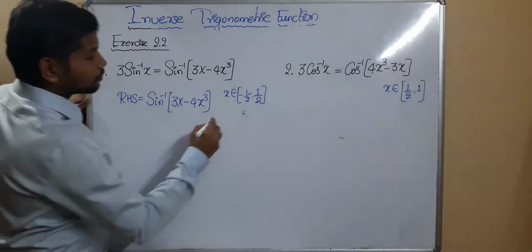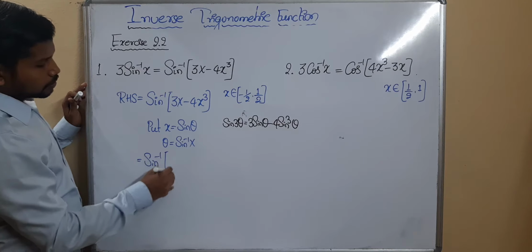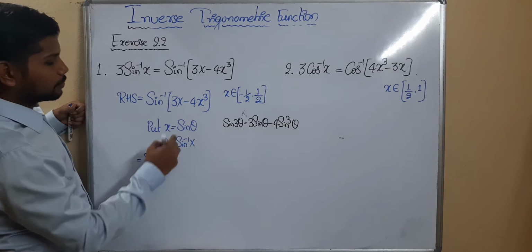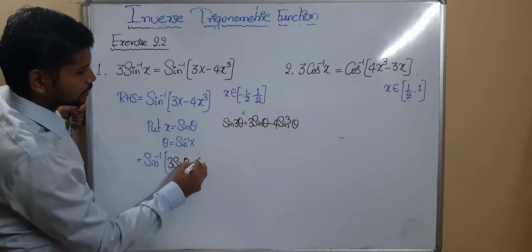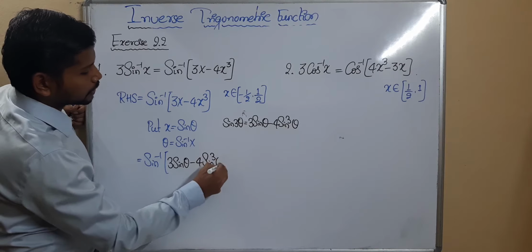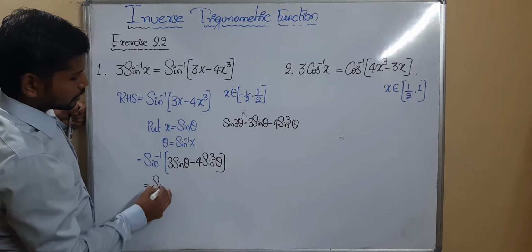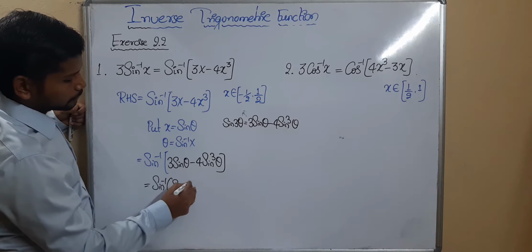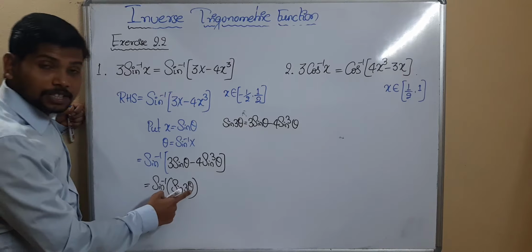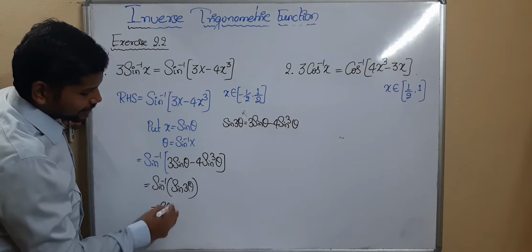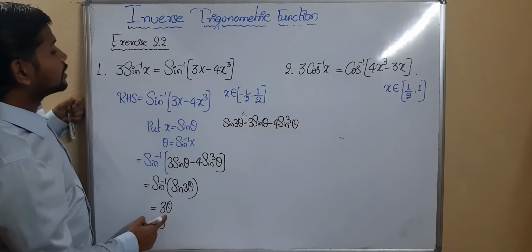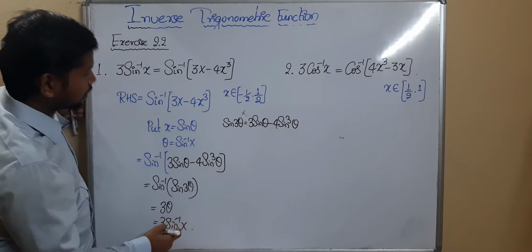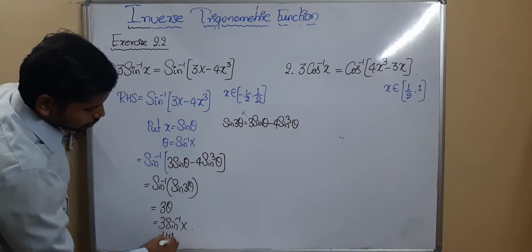Then the next step will be sin inverse of, in this one I'd like to substitute here. It will be 3, what is the x value? Sin theta, minus 4 sin cube theta. Got the point clearly? It is sin inverse of 3 sin theta minus 4 sin cube theta, which is sin of 3 theta. Sin inverse of sin of 3 theta will be 3 theta. 3, let it be as it is. What is the theta value? Theta value is sin inverse of x. Got the point clearly? We got the required LHS part.